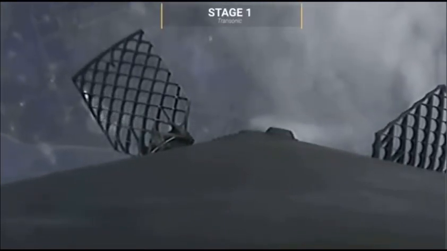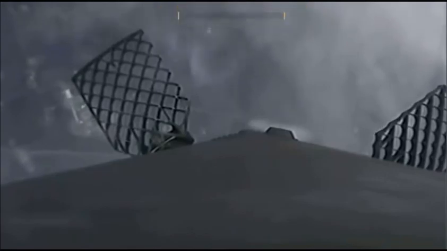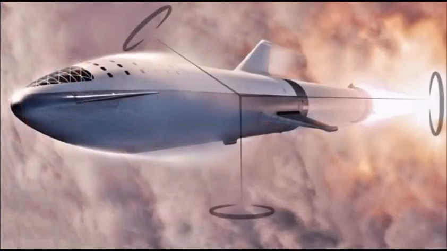Stage 1 transonic. So it's hard to have aero surfaces that work well across that entire regime. And then once the aero forces become high, see the Cape getting closer and closer. What a cool view. The first stage is passing through the cloud layers right now. It uses the 4 grid fins to control its attitude to land itself. It's controlling pitch, yaw, and roll with the grid fins.